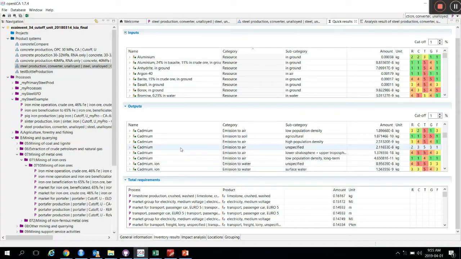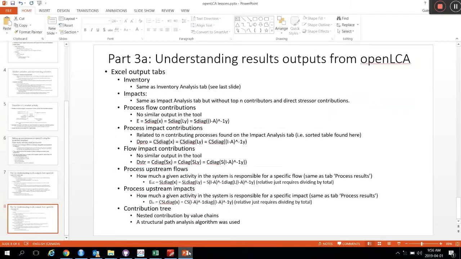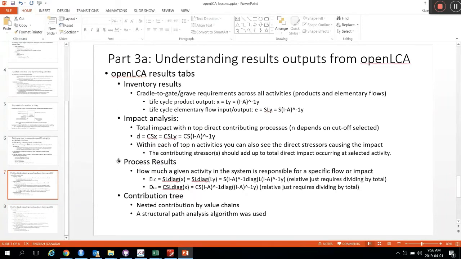So it's going to be showing you the total amount of inputs you need from nature and the total amount of outputs to nature, along with the total requirements, so the total output of every single activity in the system, so products from the system, and that can easily be related to, so here's sort of the tabs that I'm describing